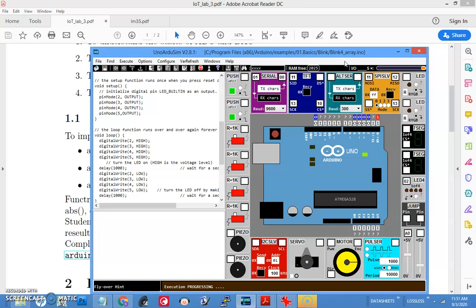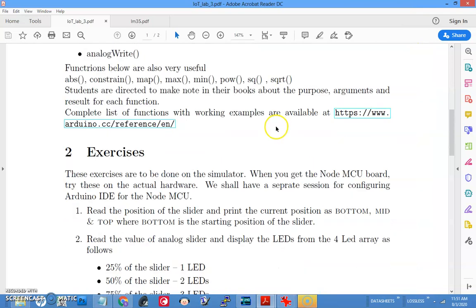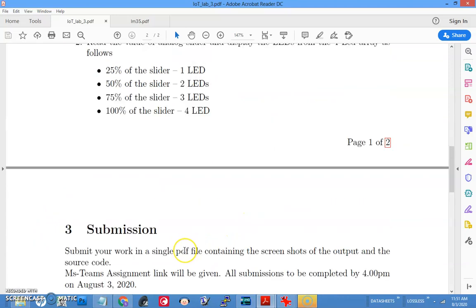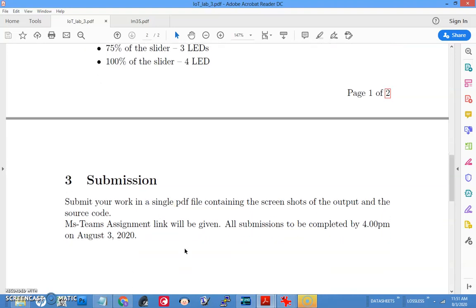That's all from my side. You can see the exercises here, and on page 3 instructions are given on how to post it in the Teams assignment. You watch the videos carefully, make notes, note down your doubts also, and ask us. We are all here to support you. After submission, we may ask you to show the screen randomly. That depends on the time span and the situation towards the end of the lab session. So keep the output and every program that you are doing safe in your system.